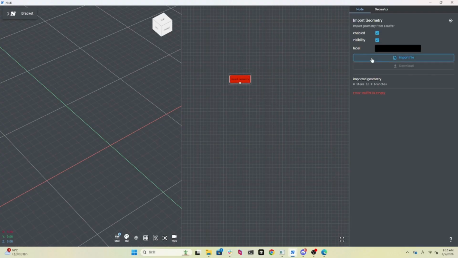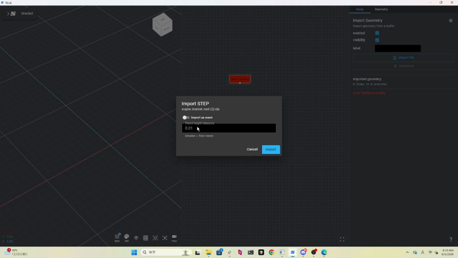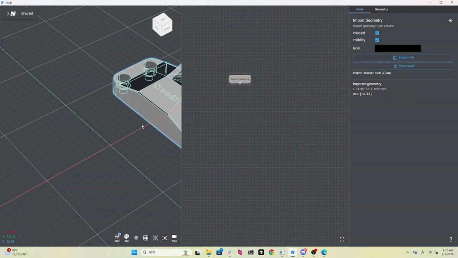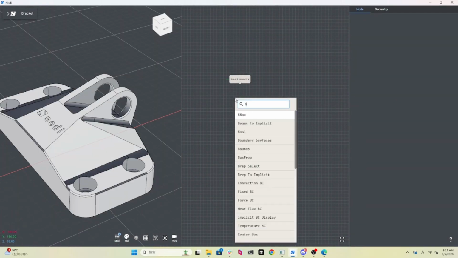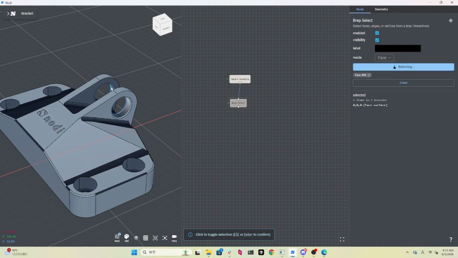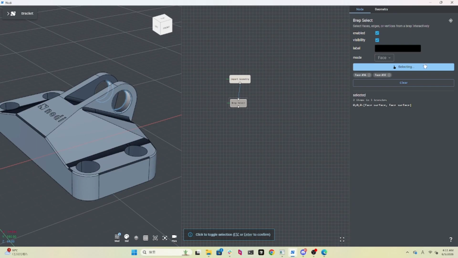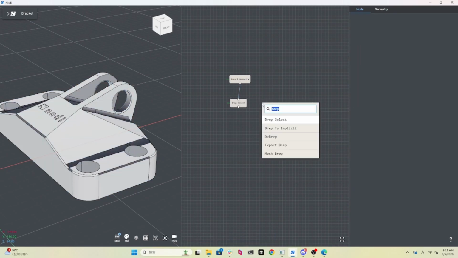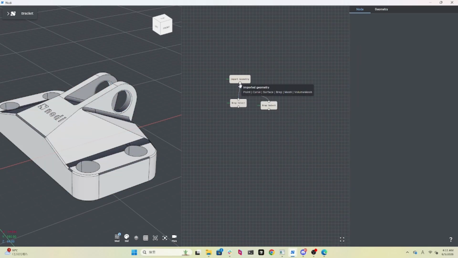This tutorial walks through a meshless static stress analysis of an engine bracket in Nodi. To bring the part in, we use an import geometry node and load the step file. When importing a step file, the model can also be loaded as a mesh. But since we will use the surfaces as boundary conditions in a later step, we leave the mesh import option